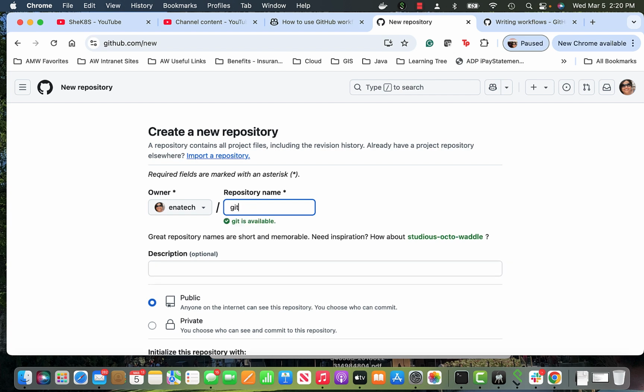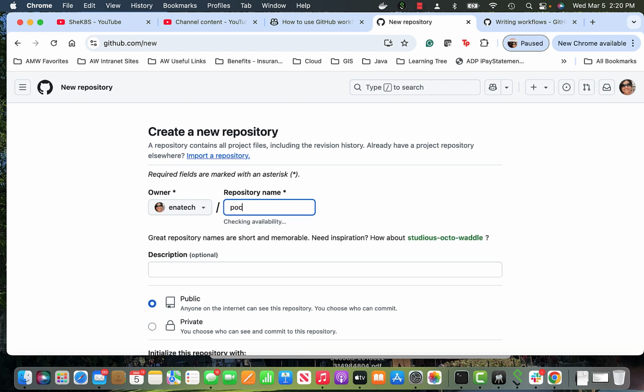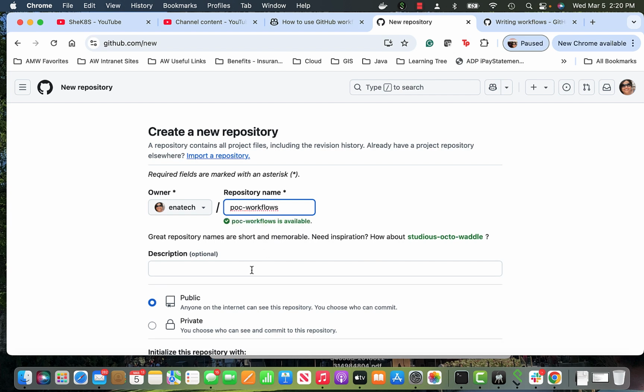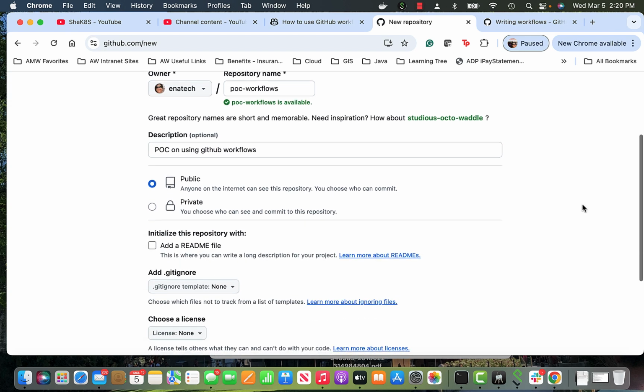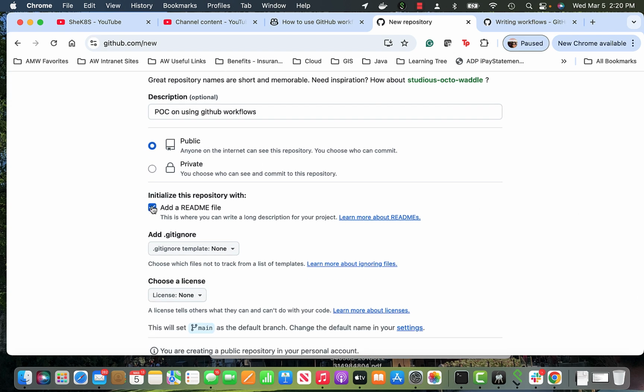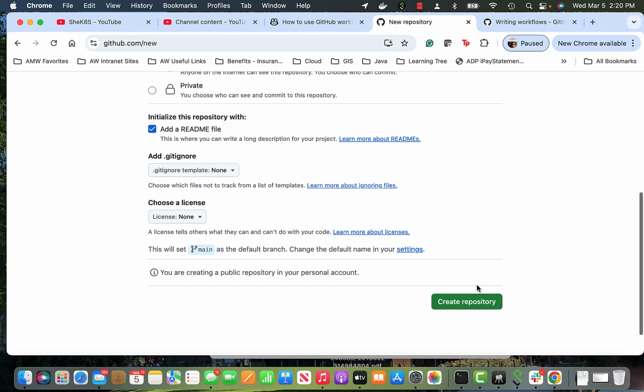I'll call it POC on using GitHub workflows. It's available, okay. And it's public. Let me add a readme there. I don't need a license, and I'll create the repo. So once I have the repo,